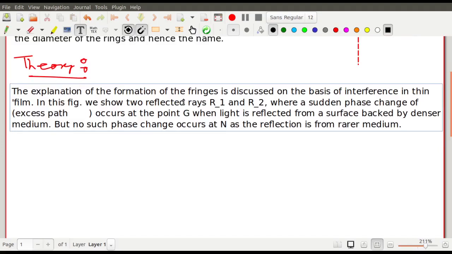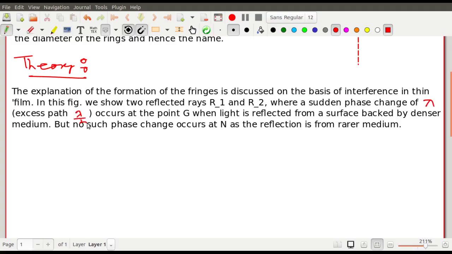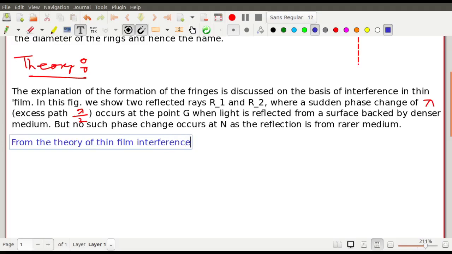Anyway, from the theory of thin film interference, you already know that the path difference between two consecutive rays is given by 2 mu t cos r. So I will be using that fact over here. So we will use that here. From the theory of thin film interference, no need to deduce it, we know that the optical path difference